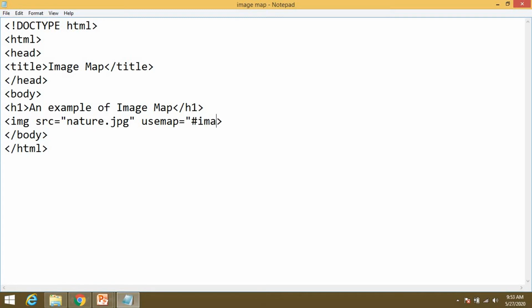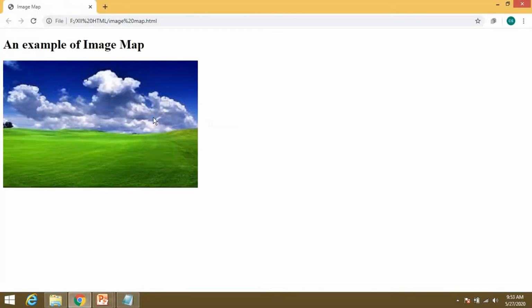For example, I am giving the name as image map. Just close this, and one more attribute I will use, alt, meaning image of nature. Just save this and execute this in the browser.